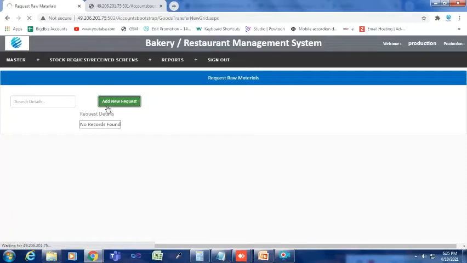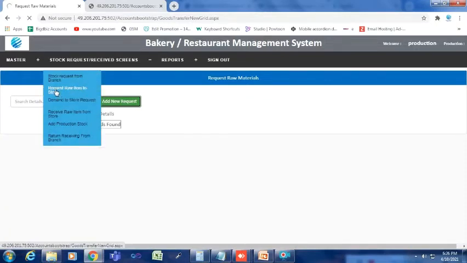So if you are having a low stock, then you can request from here to the store. For that you have the option here, request raw items to the store, so you can demand from the store. When your product has been received, you have to mention receive raw materials from the store. What will happen is you have physically received the stock, and the particular notification will be sent to the store. The stock in the store will be reduced and the stock will be added here.